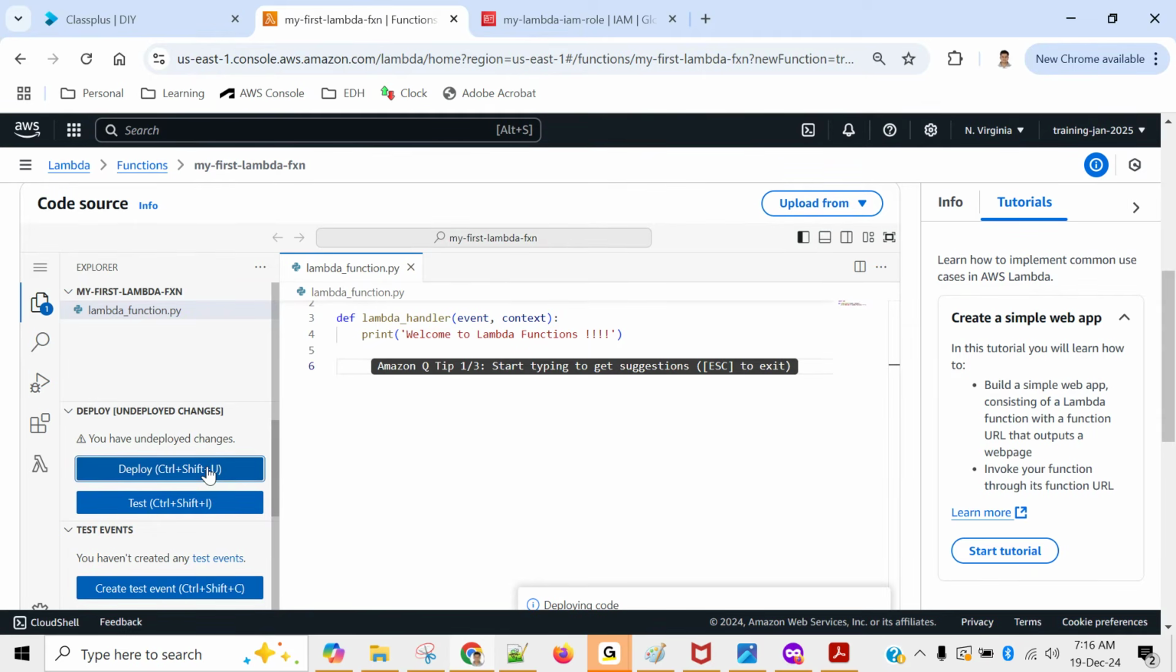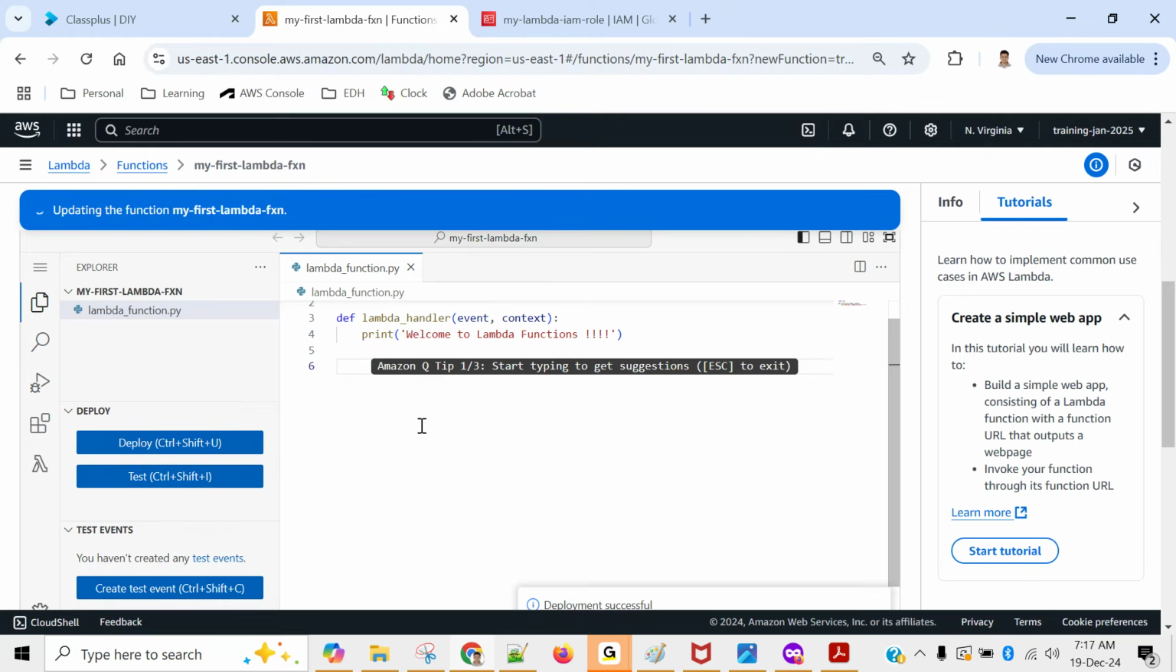Whatever code changes you made, those will be saved. Okay, you see this, updating the function. So successfully updated the code. Now we will test the code. How to run the code, right? Click on test,